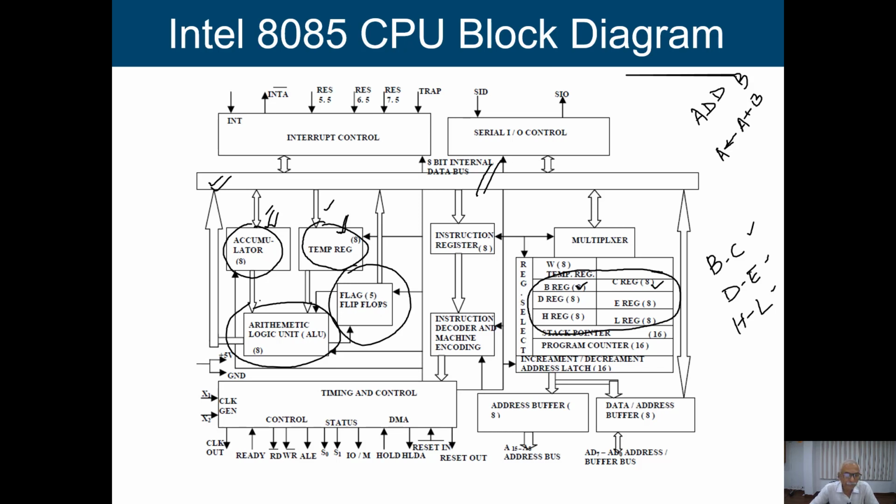We are having 5 flag bits. Already I mentioned what the flag register is. So we are having 5 flag bits. It may be zero, positive, carry, something like that, which we are going to see. Already I have mentioned that these flag bits will be set or reset depending on the result of my ALU operation.